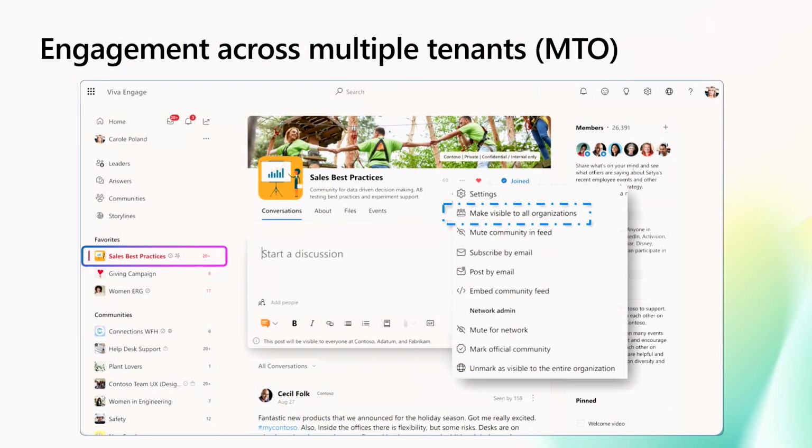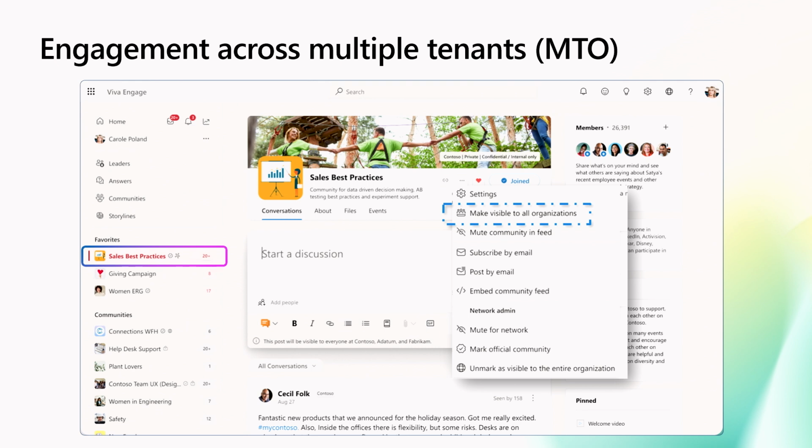All right. So many of our largest customers, through mergers and acquisitions or subsidiary models or geographical concerns, have multiple tenants that they're dealing with. So how do you communicate across multiple tenants and create a sense of one company when you need to? Well, with multi-tenant support in Engage, you can make this large organization seem like one when you need to. And this includes doing things like I talked about earlier, announcements and storyline. You can keep all employees informed about leadership perspectives and news.